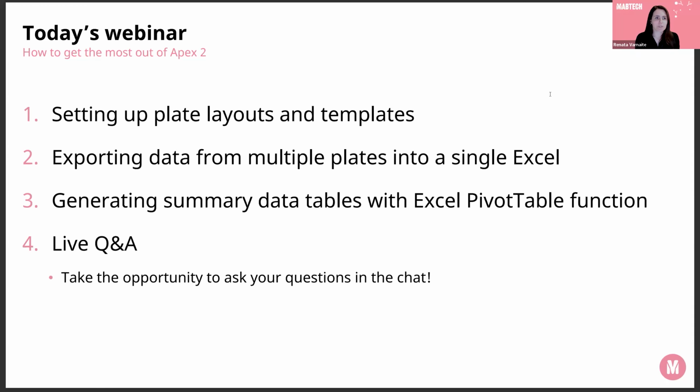But the plan for today is really to go over how you can set up plate layouts, using the layout function in Apex, labeling your wells with information such as donor information, stimulus information, replicate information, and so on. We'll also show you how to use the template function so that you don't need to adjust settings and relabel all of your wells every time you run a new plate from the same type of experiment. So this step one is really going to be linked with making your data